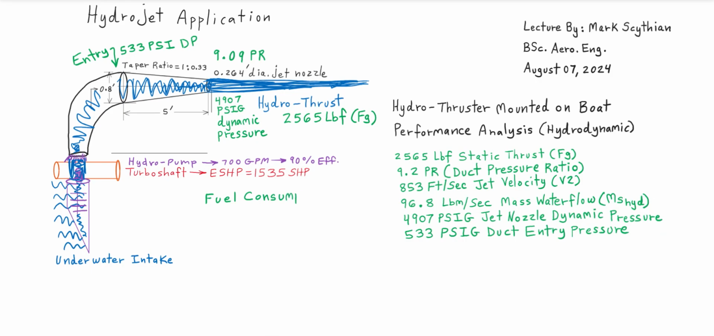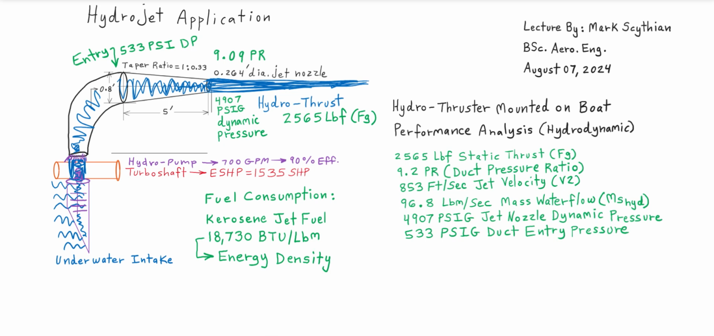Now the last point is the fuel consumption. So we may see more hydrojet boats, except for the expense of using a gas turbine for practicality, and then the very costly fuel consumption, which will be proven here. So assume that